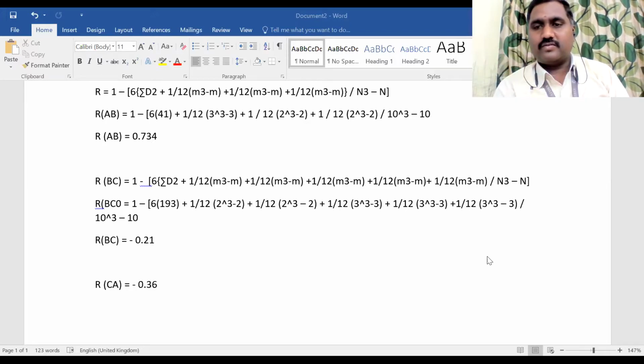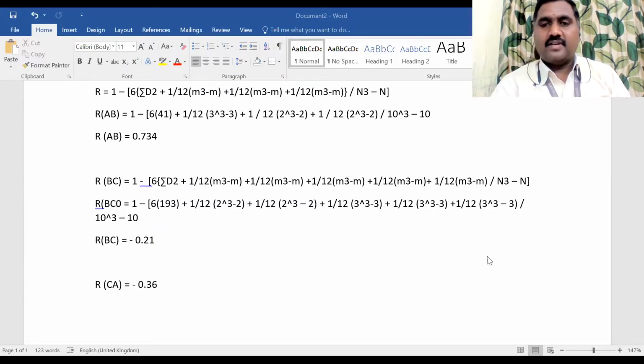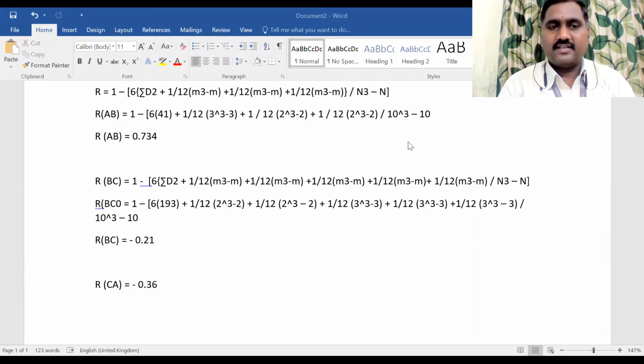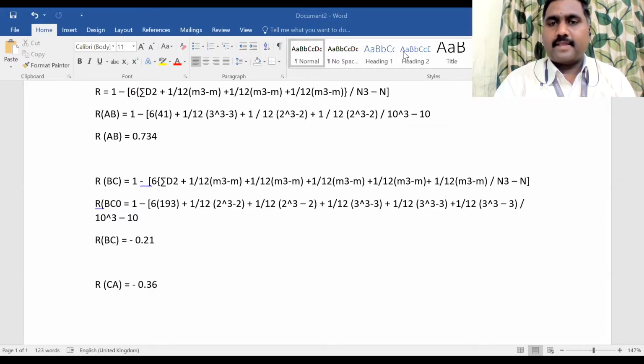Since you are so familiar with the board, you maybe expect the same thing. But in Word it takes some time. See, now we have taken 1 hour to solve only 2 problems. The second one also we didn't complete, but we gave the answer. Is it clear? Everyone has noted this answer for the second problem. Please let me know so that I can wind up the class. Is it clear? The answer is there in the document.